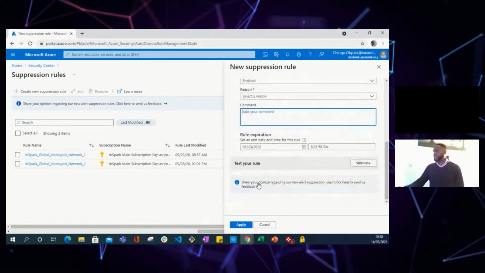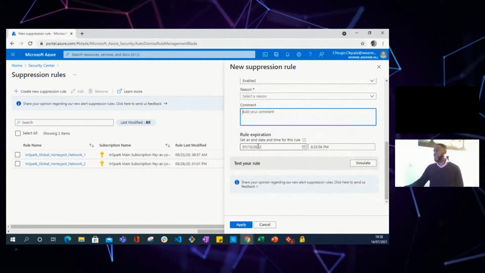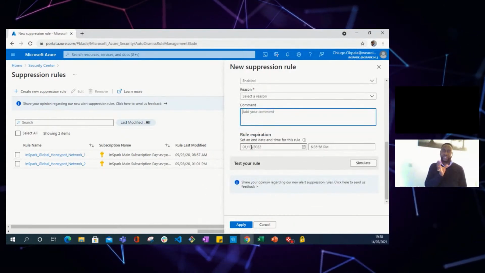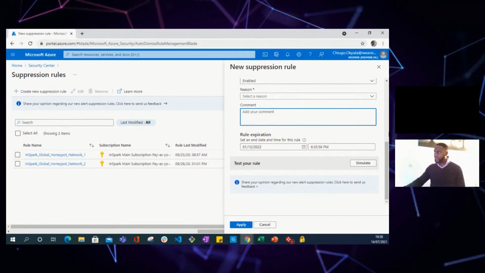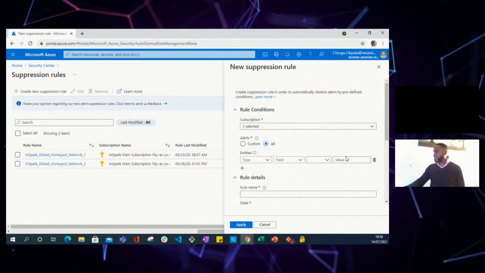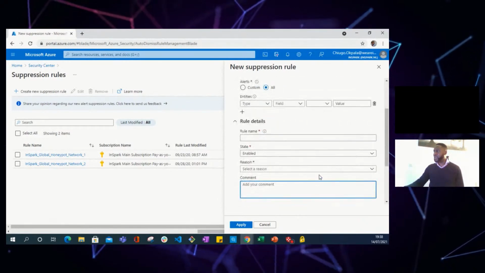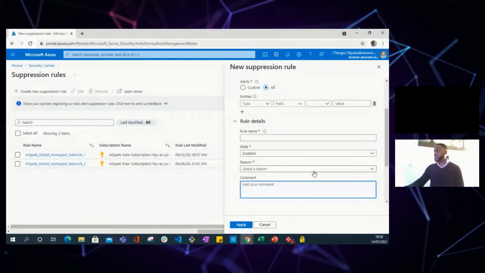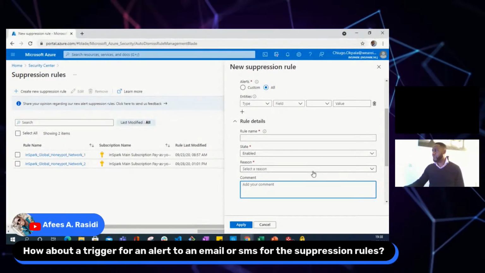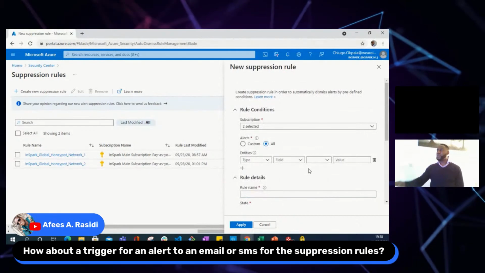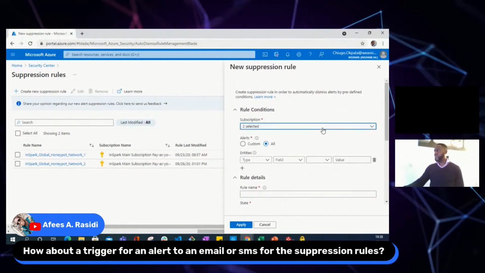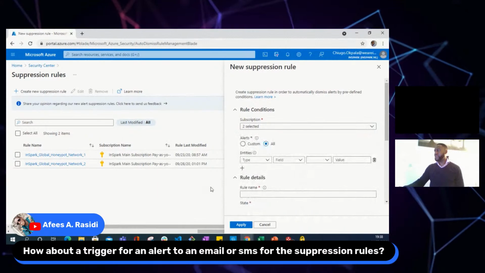And then lastly, you provide the rule expiration, the range of time you want this suppression to last. I do think it's possible to create a suppression rule for a resource group. So basically, when you choose a subscription from all of this,